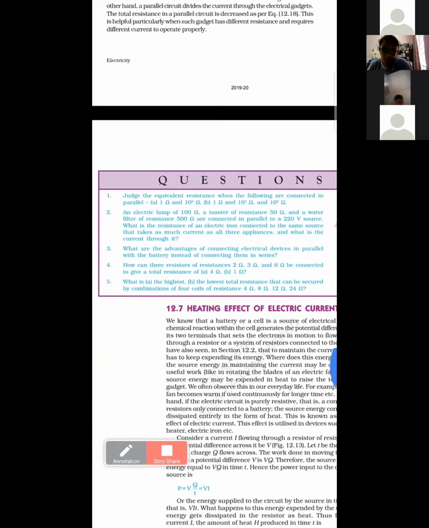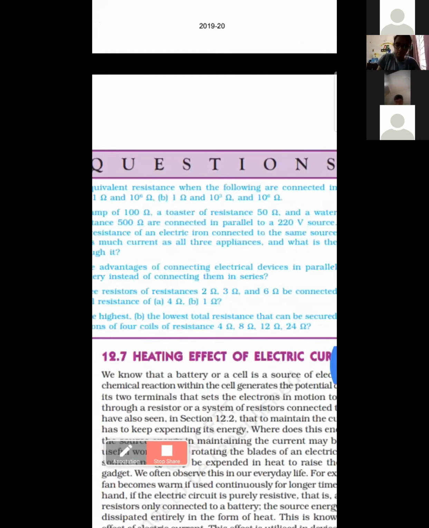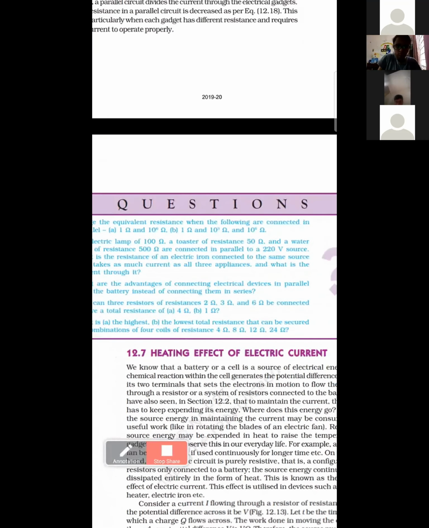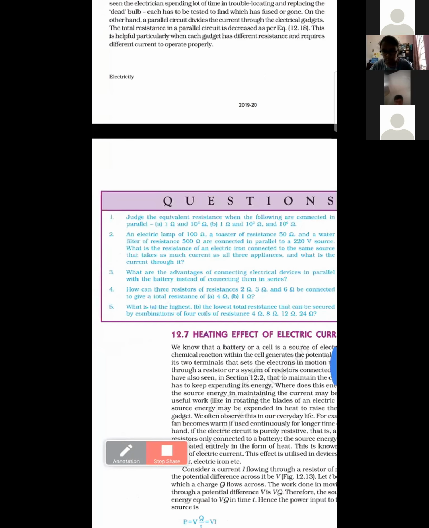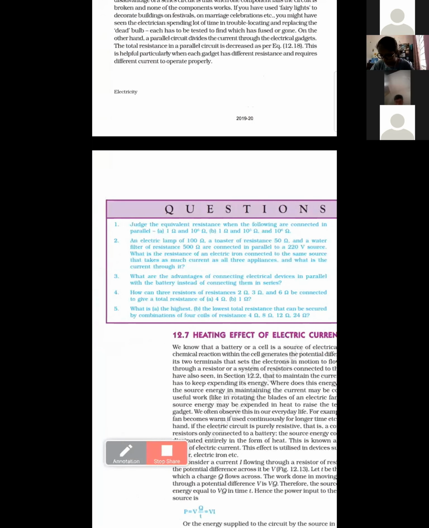Do we have to write the examples as well in the notebook? Yes, if you want, you can do the examples also, but don't copy them. Understand the examples and do it yourself. So we'll not do the examples, we'll do the blue questions. Yes, but you have to read the examples also. If you have any doubt in examples, ask me and do the questions. Blue colored questions definitely you have to do till page number 216. And examples you have to go through them once, please.